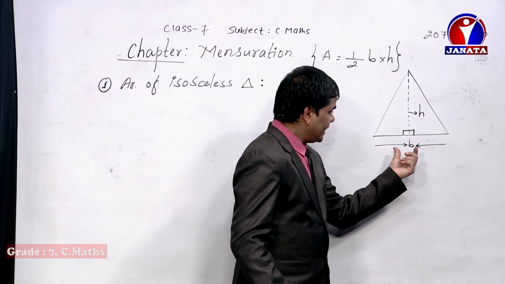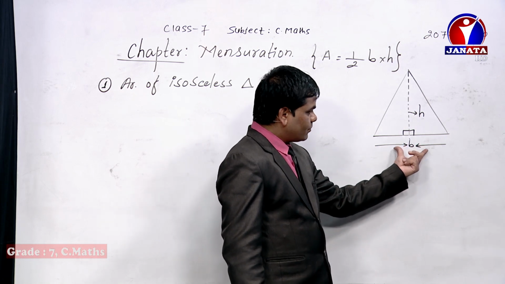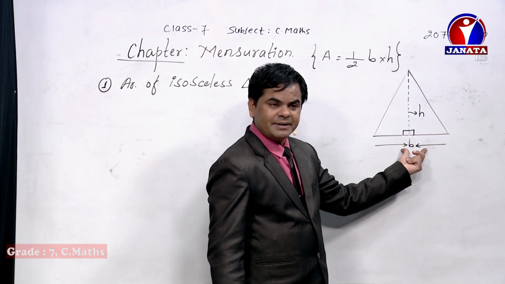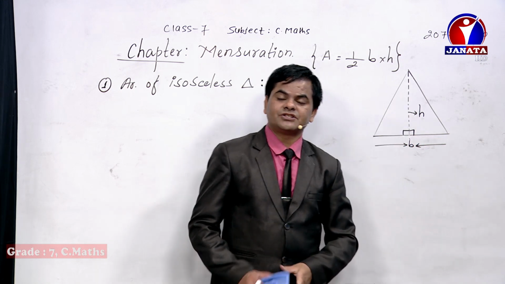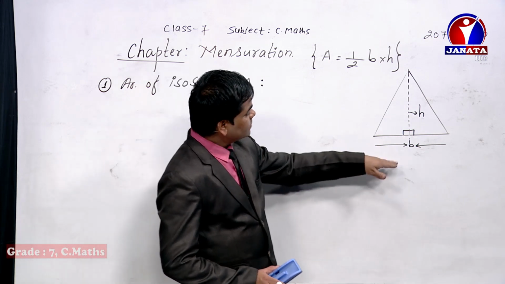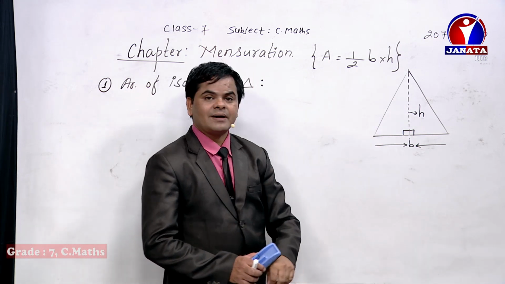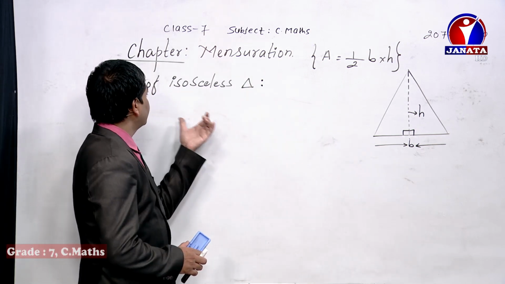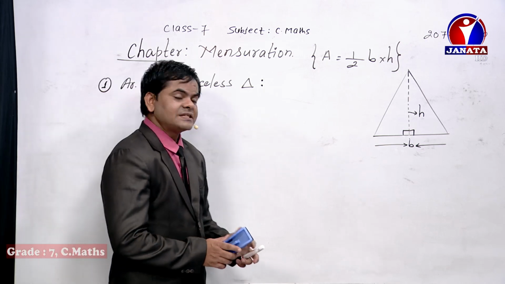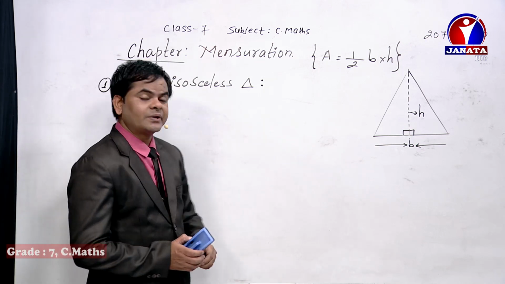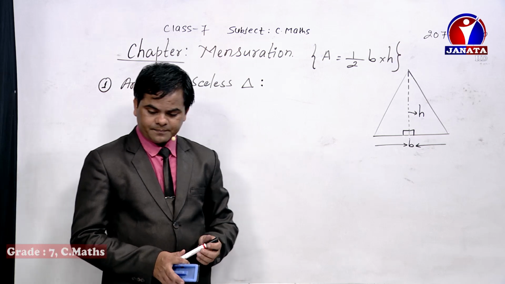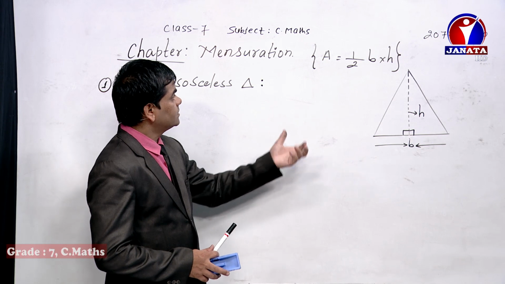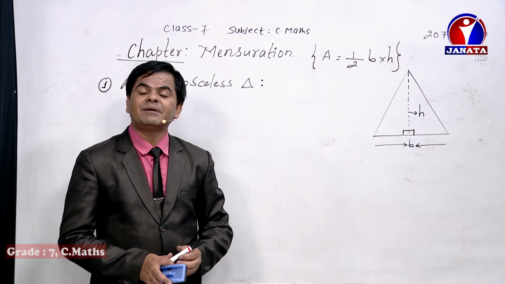Look here. The line at the bottom, which is horizontal to the perpendicular, is known as the base, and the perpendicular line or the altitude is known as the height. So by using this concept, the area of a triangle becomes 1 by 2 base into height. By using the same formula, how can we derive the formula of the isosceles triangle? Let's focus. I have already requested you all, especially my dear students, to use this type of concept in order to remember the formulas.